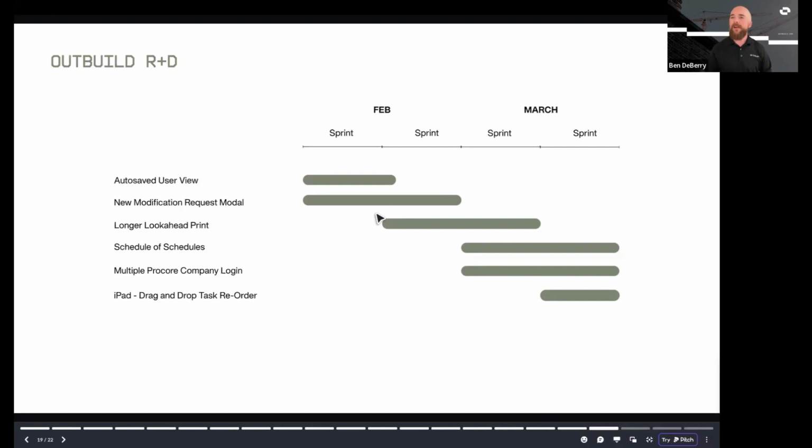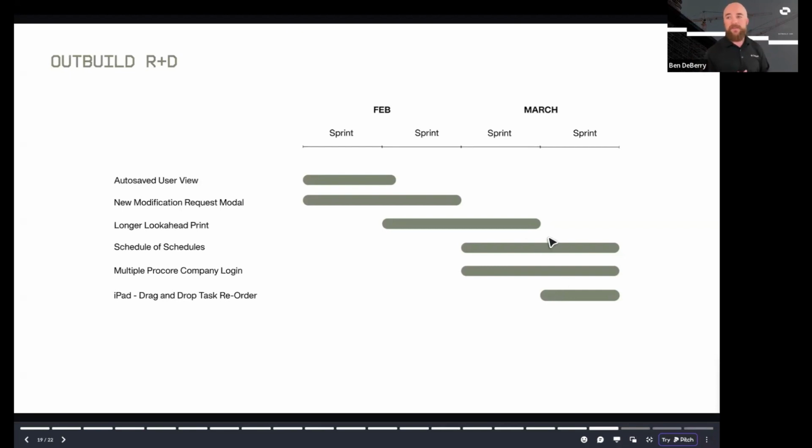We've also updated our modification request modal. So all that is we show a little bit more information when you're sending out those modification requests. That's the first iteration right now. And in the future, you'll see some added abilities there. We've also updated our look ahead exportable. So now you can go in there, select up to 8 weeks, if I'm not mistaken, and a little bit easier process for exporting that out if you need to do 3 weeks, 8 weeks, 4 weeks, whatever you need.